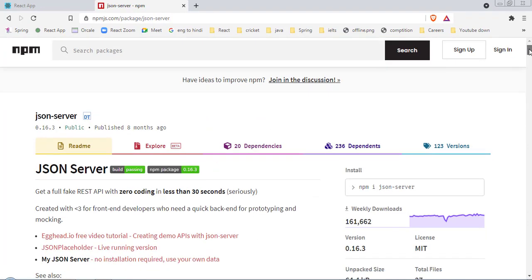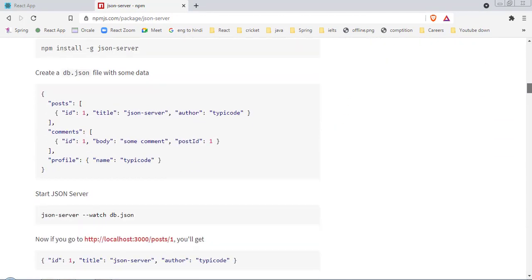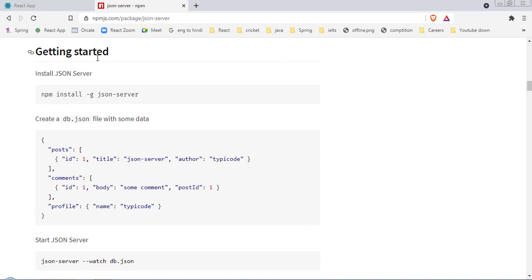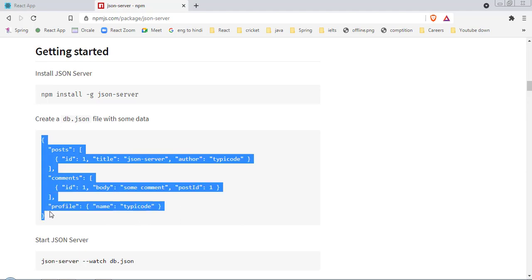So scroll down and let's go to getting started here, and according to them, first we have to install JSON server to our project, and after that we have to create a db.json file, and we have to put some data inside.